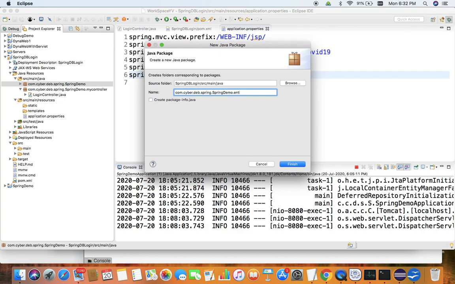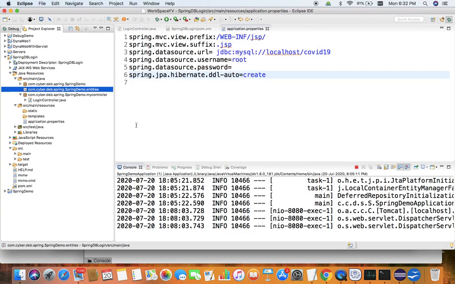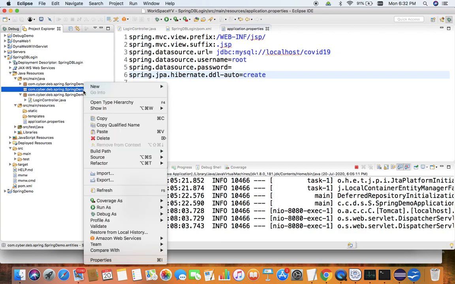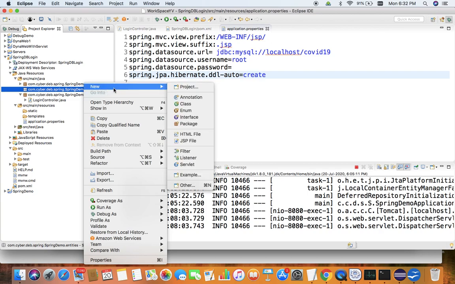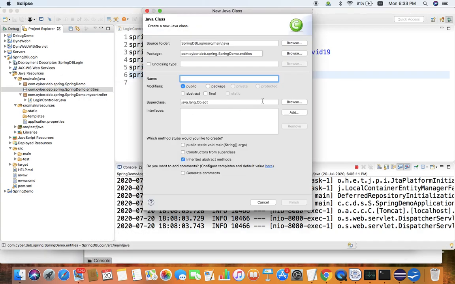It is not mandatory, you can use any name. So this package is created, and inside the package I will put the entity class. Any number of entity classes you can use as per the requirement of our project. So I right click on the package, go for creating a class, which is going to be our entity class.